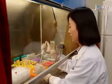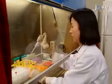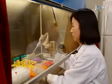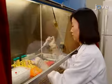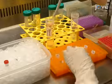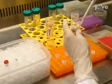Then, dissolve HSP27-specific siRNA and scrambled control siRNA in 100 microliters of reduced serum medium to create 10 nanomolar of HSP27-specific siRNA and 50 nanomolar of scrambled control siRNA, respectively. Following that,